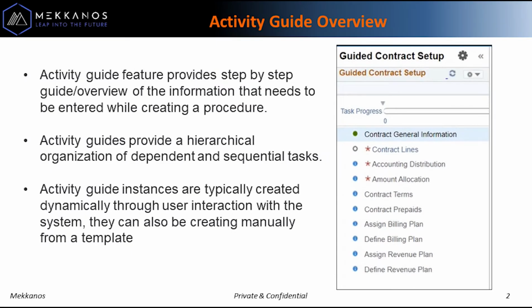Activity Guide feature allows you to define guided procedures for a user or a group of users. Users are presented with a list of actions or tasks that need to be completed to finish the procedure. Here, the procedure is creating contracts and billing. Activity guides can be useful in a number of procedural scenarios. For example, the onboarding of a new employee, benefits enrollment, contracts and billing, etc.